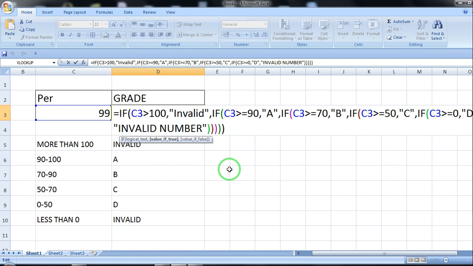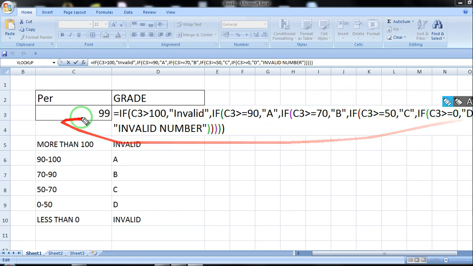IF is an inbuilt function provided by the software itself, and you can use it to check multiple conditions.